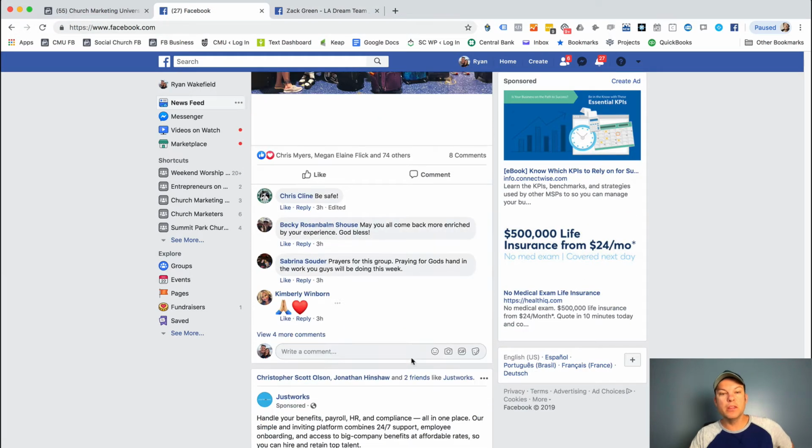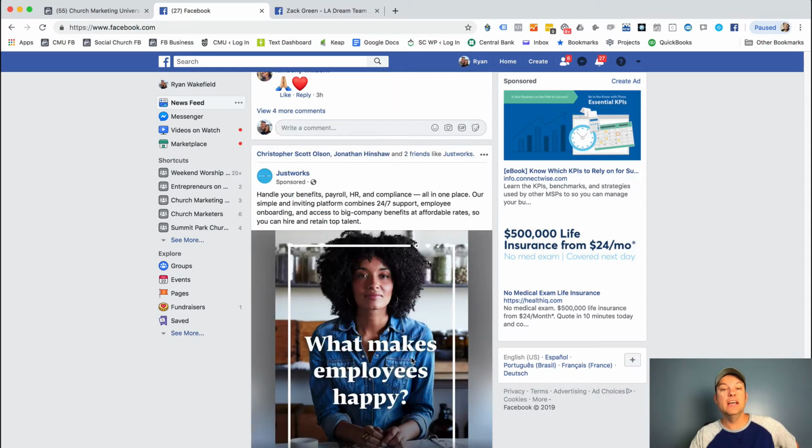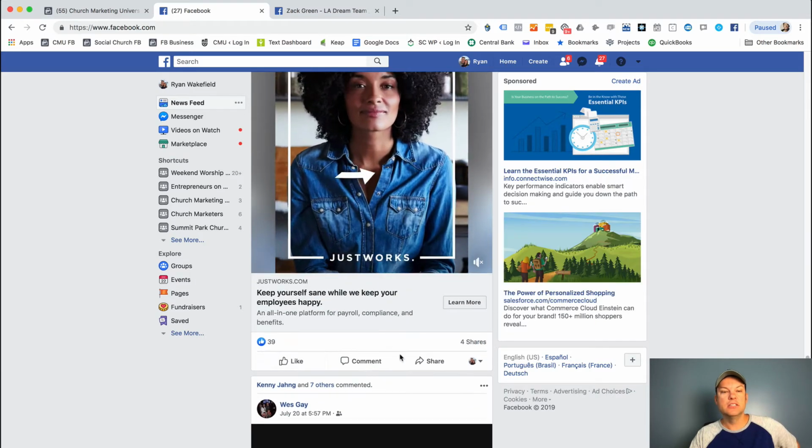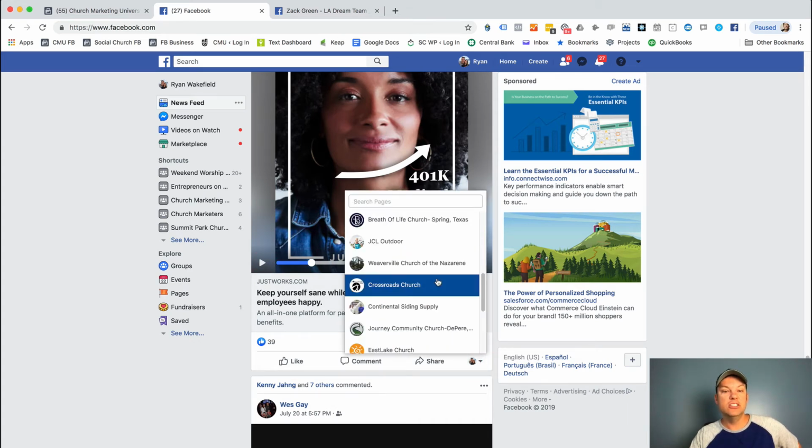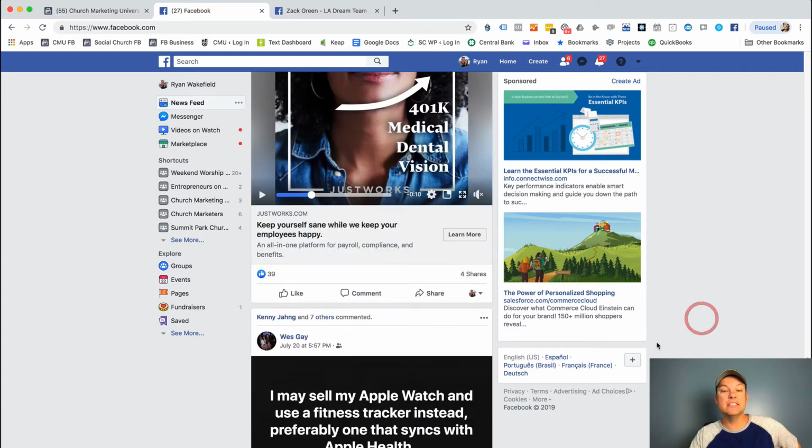But as you're going through just your personal feed, you will have options. So like this is a page advertisement. It gives me the option, since it's a page, I can hit this and choose, do I want to interact with this as another page?